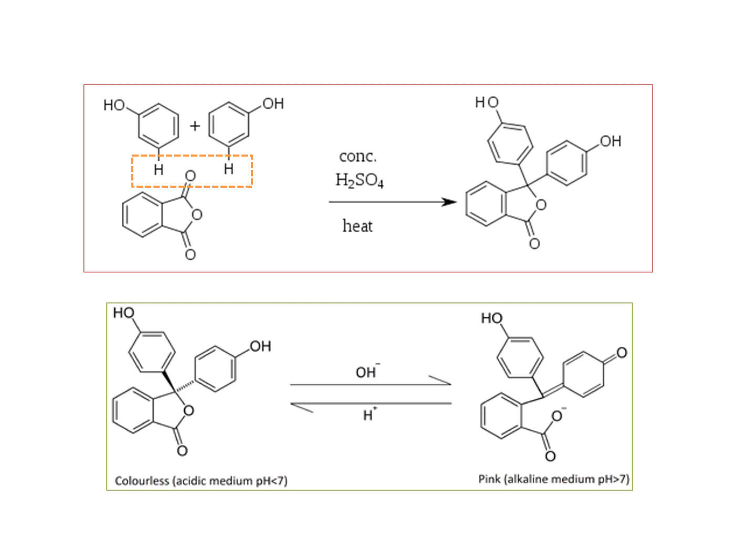Two molecules of phenol react with phthalic anhydride, and you can see the highlighted portion. Removal of a water molecule from this leads to formation of a complex, and you might know it, it is phenolphthalein. So phenolphthalein, as long as it is in the acidic condition, is colorless, but in neutral to alkaline condition, it gives a pink color.